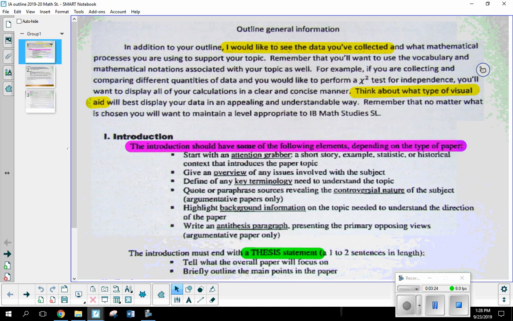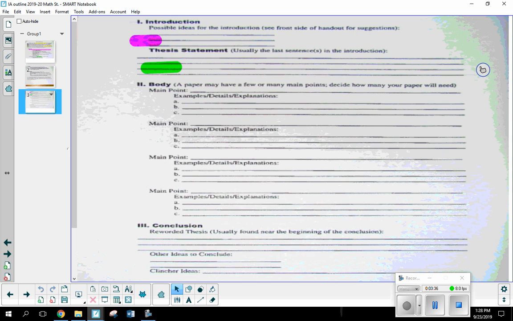And I won't read all of these, but maybe some kind of attention grabber, an overview, something to go ahead and get the reader interested in the concept or topic that you're going to be referring to. And then according to this outline, you'll go ahead and put your thesis statement right at the end. So you'll notice right here you've got 3 lines. Whatever any of those points stand out to you. If you're going to tell a very short story to go ahead and introduce your topic, whatever it is that you may do.